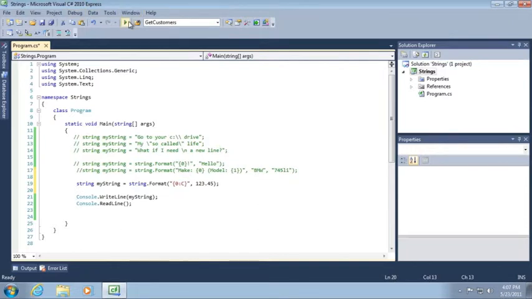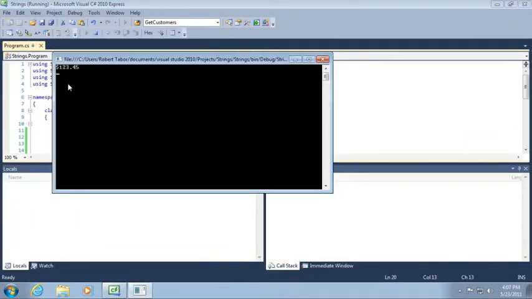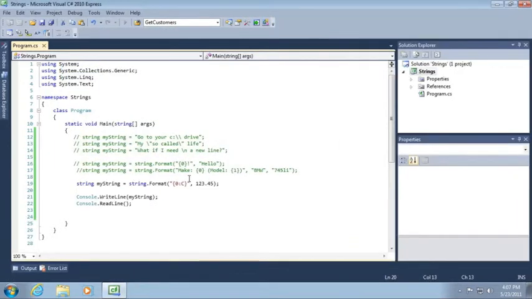All right, so let's run the application and see what this will do for us. Notice the $ in front of our number. What we've done is use this :C next to our 0 in order to properly format our numeric value as